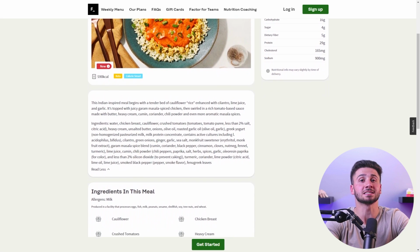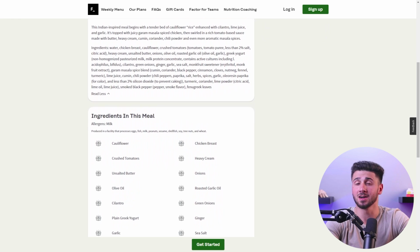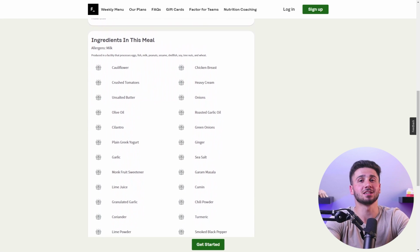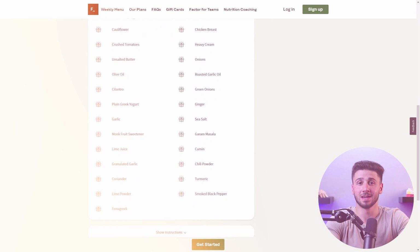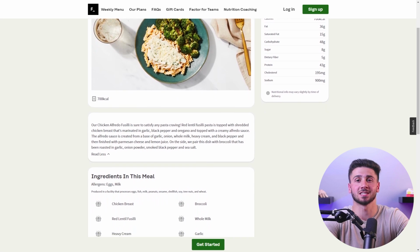And honestly, this tasted almost identical to the one I had at a favorite restaurant of mine a while back, though it was a little less spicy, which actually hits the spot for me, and the chicken was also very tender. Next up is the chicken Alfredo pasta, and I was kind of worried that they'd mess this one up,